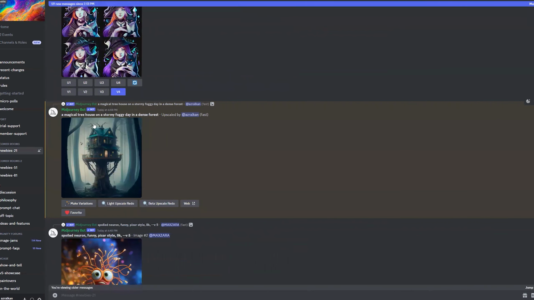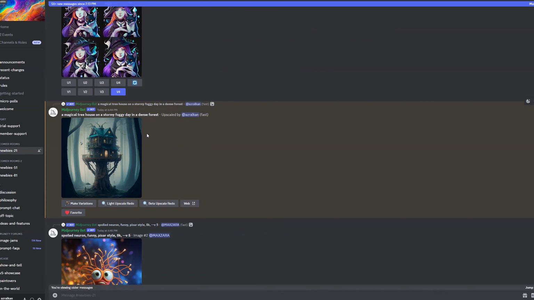So I started with a magical tree house on a stormy day, foggy day in a dense forest. How did I come to this? I know that I want to make some sort of a forest scene. I'm excited about the Quixel Megascans new forest assets, European trees. And I just derive the inspiration from something that I like doing, which is hiking and camping, right? And I wanted it to be magical because, well, as much as I love the next Airbnb tree house type of thing,